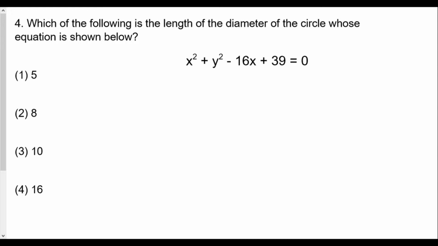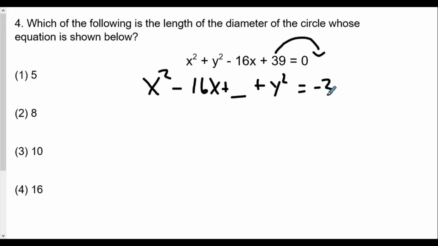Which of the following is the length of the diameter of the circle whose equation is shown? Well, again, let's complete the square, because once we find the radius, we just double that to find the diameter. It's going to be x squared minus 16x. Always group the x's together and the y's together, plus blank, plus y squared. Well, there's no extra y there. So equals, and I'm going to move the 39 over to the other side to be negative 39